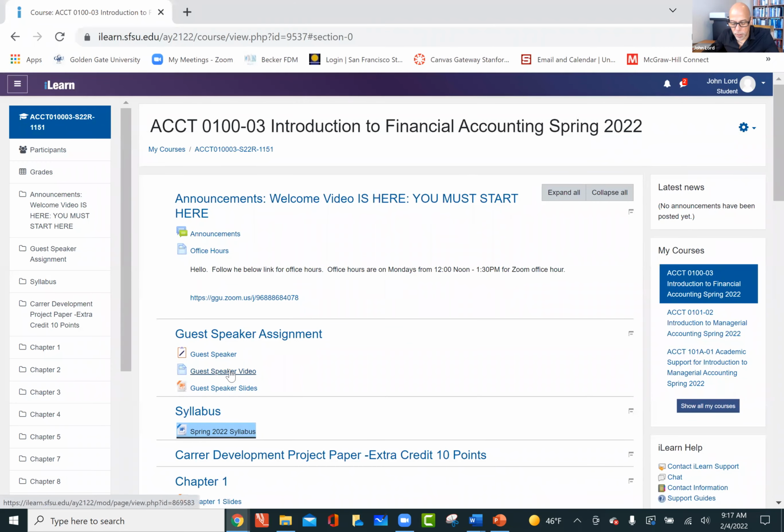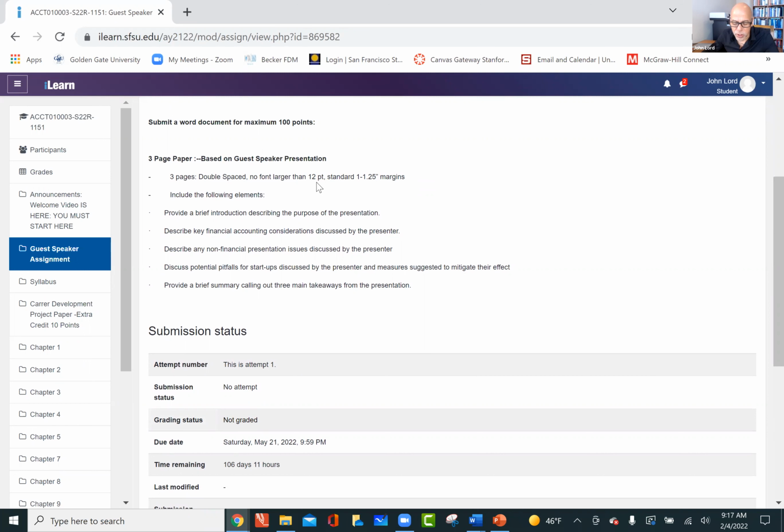It is very important that when you respond to this, you make sure that it is 3 pages. I'm not too particular on this. I just didn't want somebody to take advantage by putting some giant print on there. So just keep it reasonable in terms of the size of the font. And then it is important that you answer these questions. Sometimes folks start writing from their heart about what the guest speaker spoke about, and they forget to look at the rubric and respond to the specific things that are discussed there.